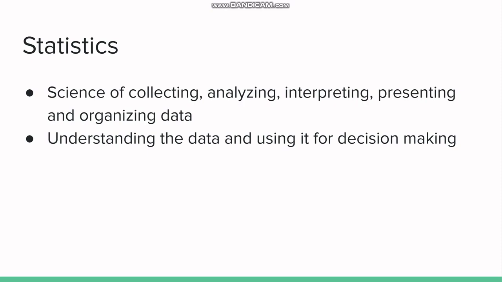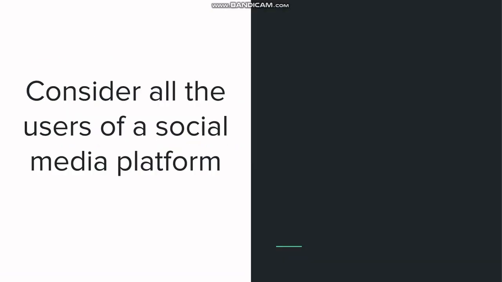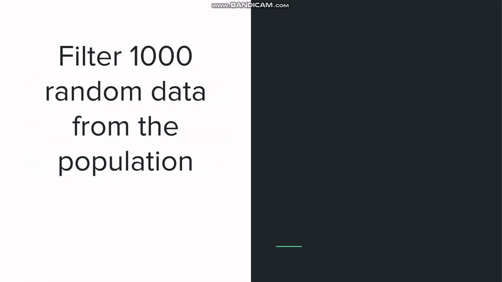Let's break down some of the basic concepts you'll encounter in statistics. First, let's define some key terms in statistics. For example, let's say you are considering some statistical analysis on social media users. Here you will consider all users of a social media platform. This will be your population. Then, for instance, you might select 1,000 randomly chosen users from that social media platform to study. This is going to be your sample, which is a subset of the population that is used to represent the